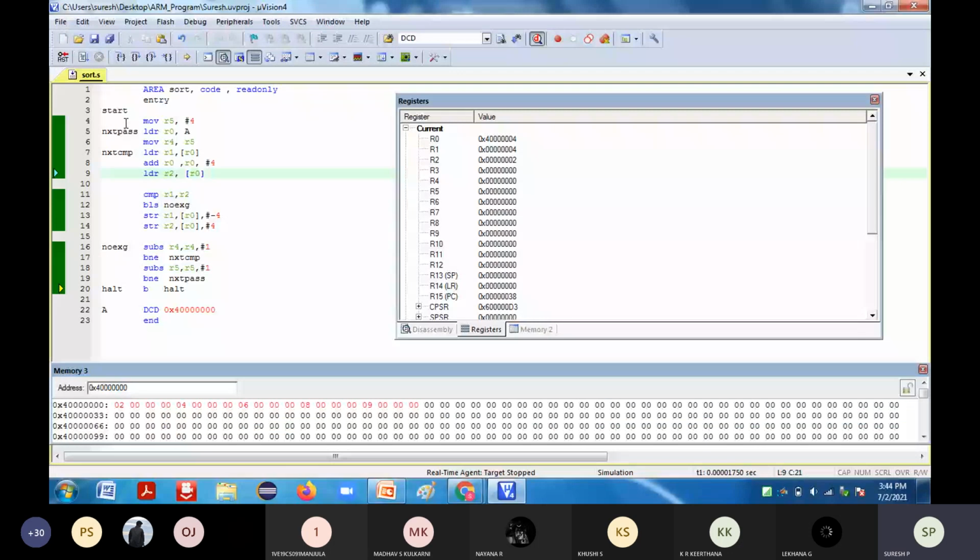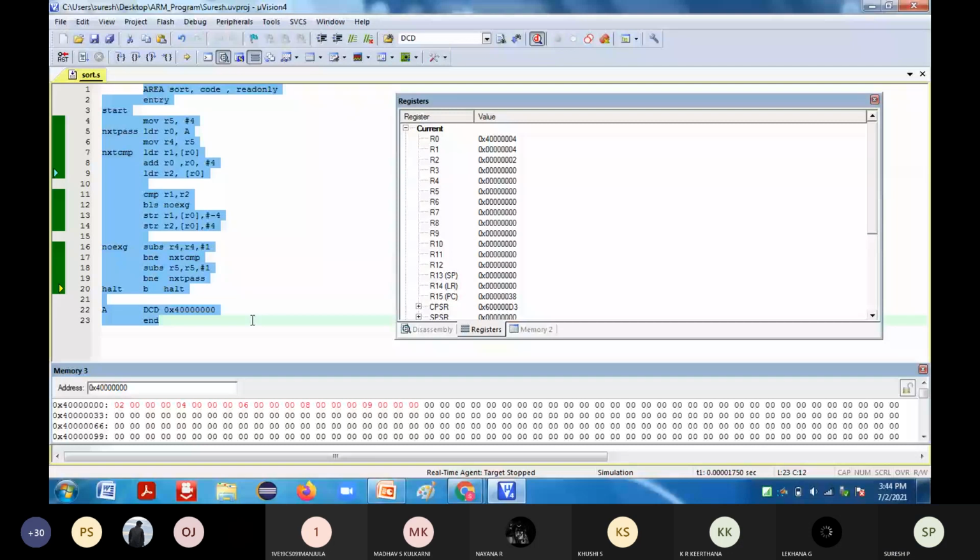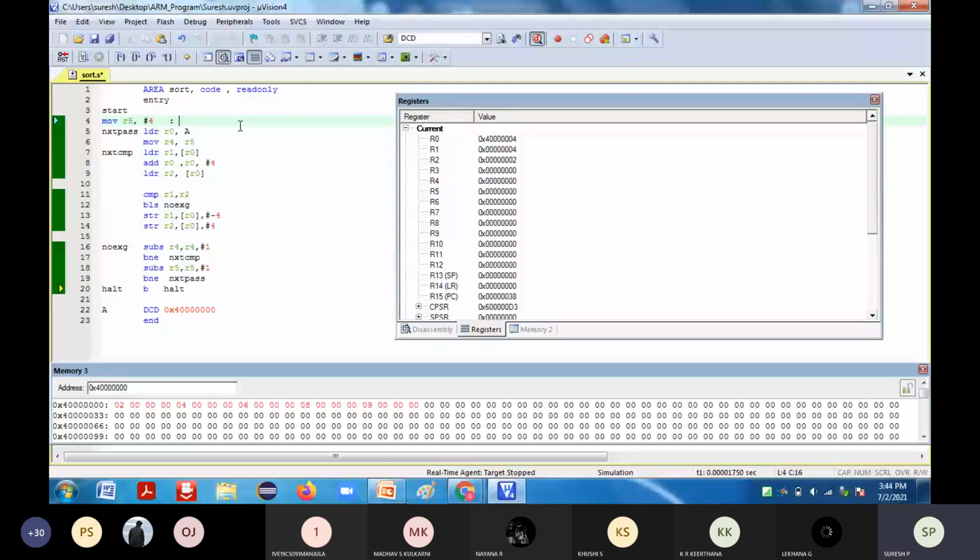First, it will be the number of comparisons. Next it is going to have a starting address of the array.